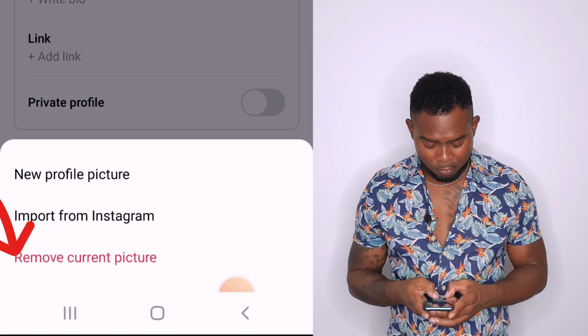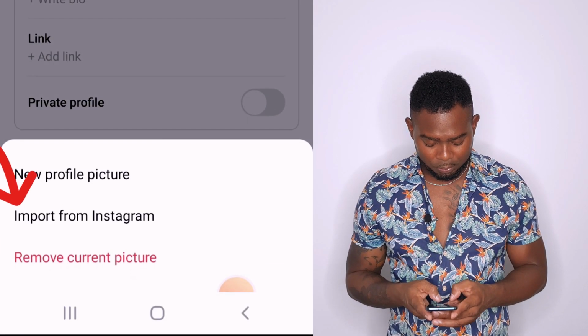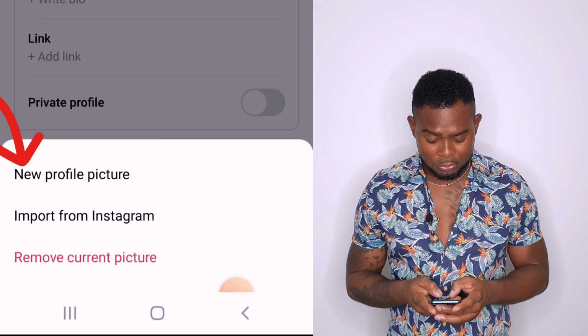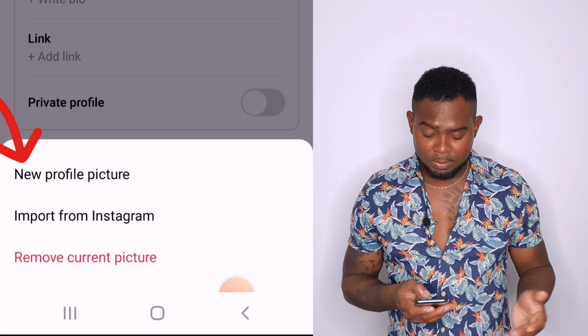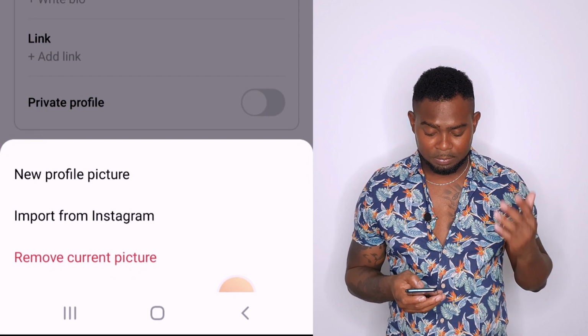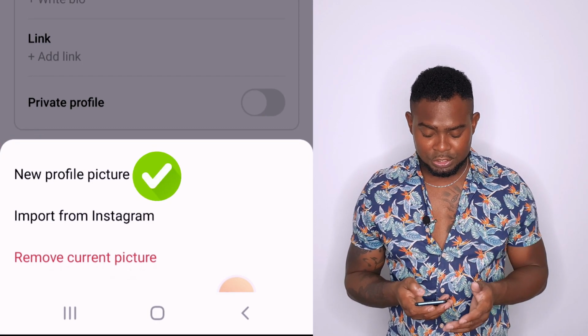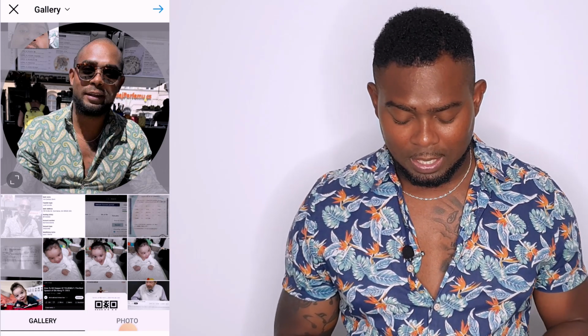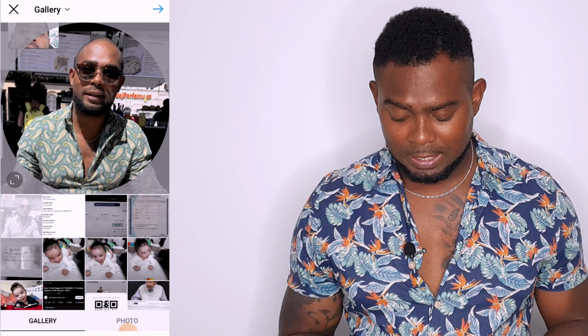that you can remove your current photo, import photos from Instagram, and also you can add a new profile picture. You just simply want to choose one of the options, or you simply tap a new picture and search for the picture in your phone. Now, once you find the picture in your phone that you like, you just need to select it and just